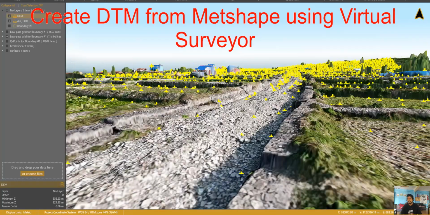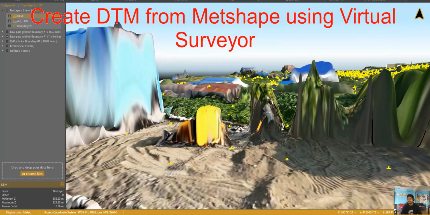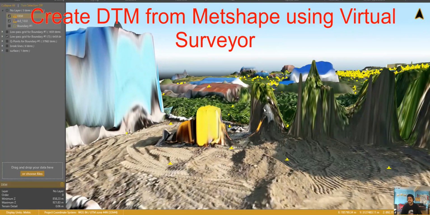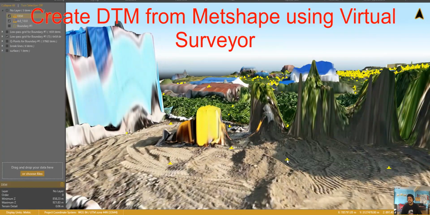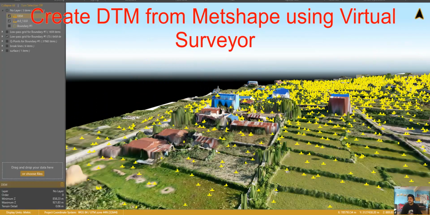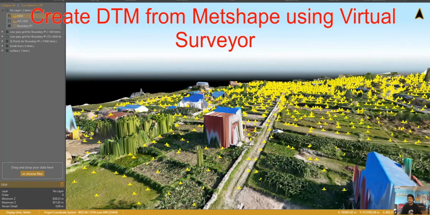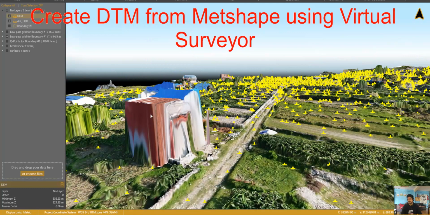If we look at this, okay, in the air, we can see this is a tree, and there is no point, no yellow point. We can see the points are on the ground, but not on this tree. Similarly, not on this building. Okay. Similarly, if we just go on and see, we can see these are the ground points, and these points